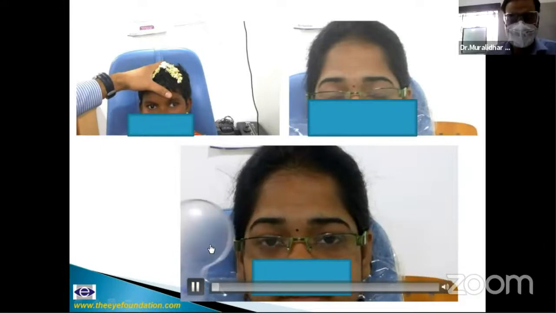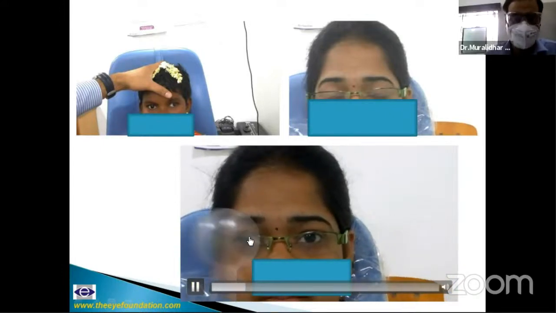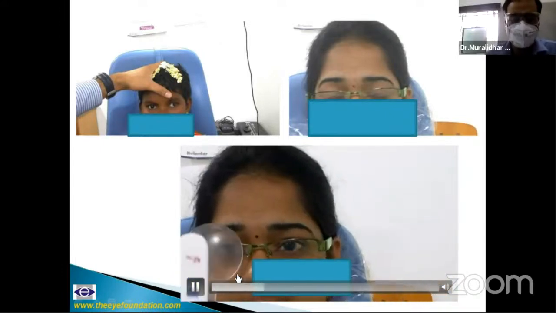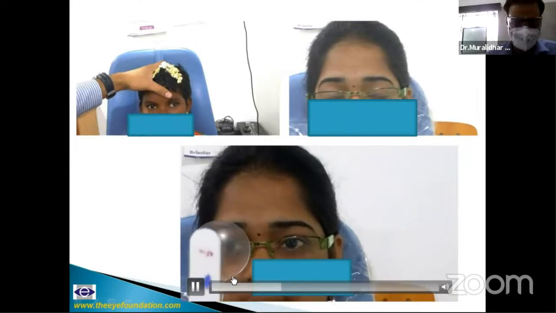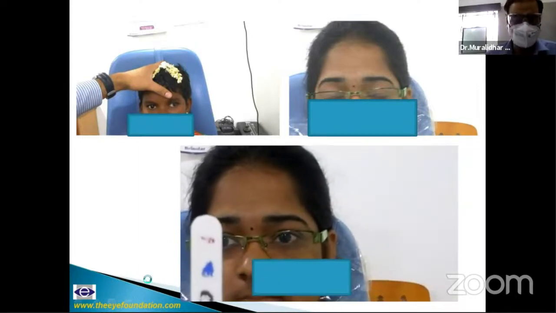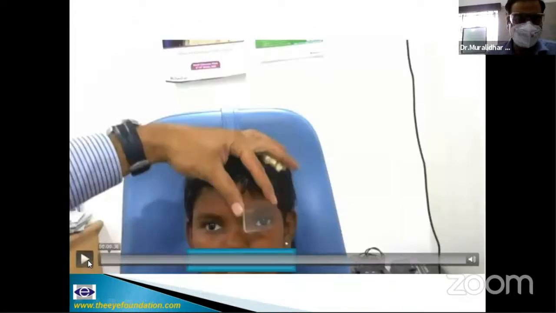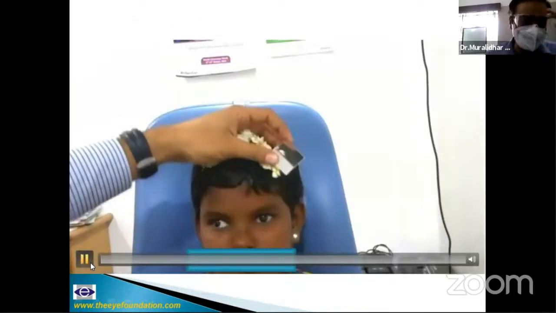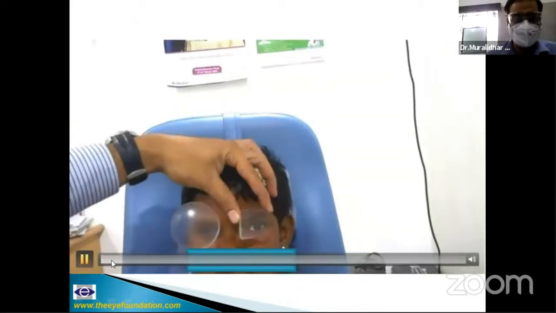Whenever these patients say that they have strabismus, you're not able to pick it up. To bring out this latent strabismus, you can do what is called an uncover test. And an alternate cover test picks up the total strabismus. So all this has to be taught, and we also need to teach our residents how to do a prism neutralization.